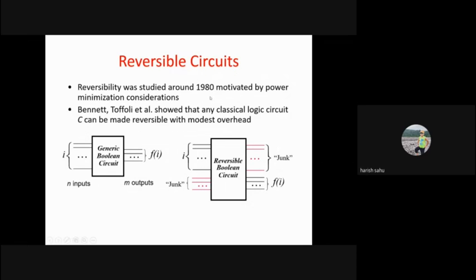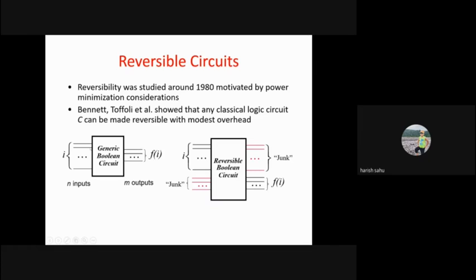So in 1980, Bennett and Toffoli showed that we can do it. Suppose we have a classical computation where N inputs are supplied to the circuit, and we get F, which consists of only M output bits. Generally this N is greater than M. And we already know that using fewer output bits, you cannot uniquely get back the many input bits. This way computation is done, but we cannot go in reverse uniquely in classical.